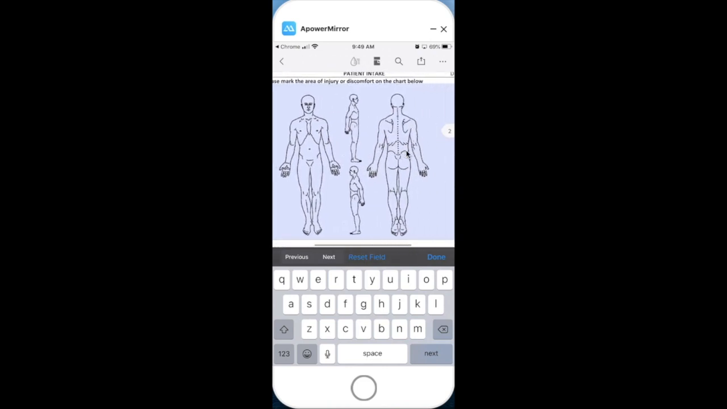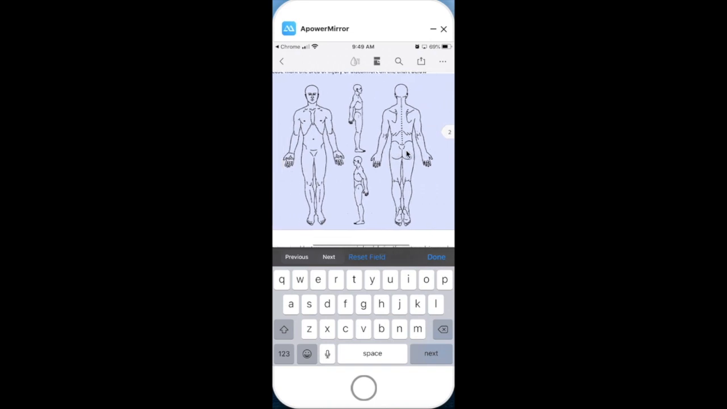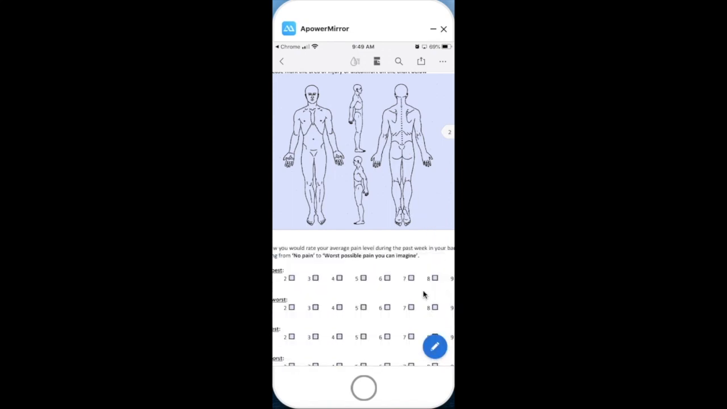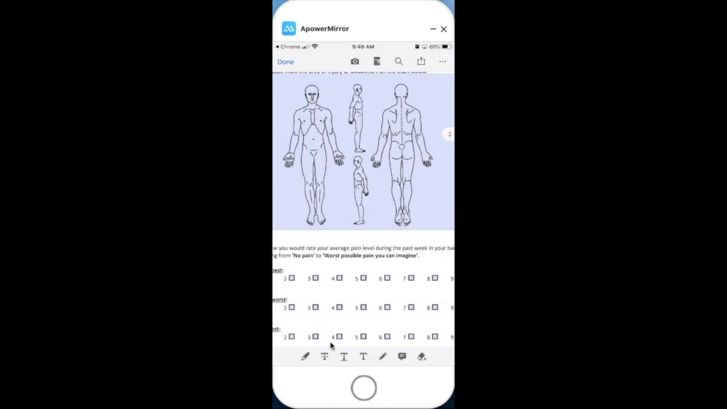So this is actually your pain diagram. And so what we need you to do here is shade the area where you feel the symptoms. So to do that, let's clear this keyboard out of the way by clicking Done. And then down here, you'll see the pencil icon. So you click on the pencil icon, and then we're going to go to Comment. Okay, and then you want to go down to this pencil icon here. So click on that. Okay, now you can take one finger, and you can draw the area that is